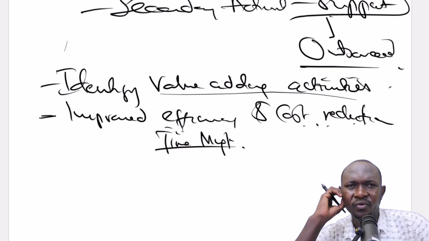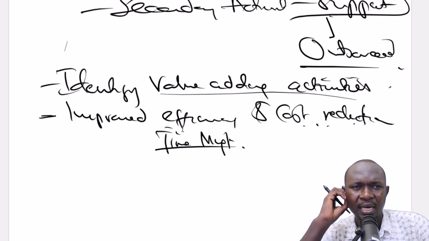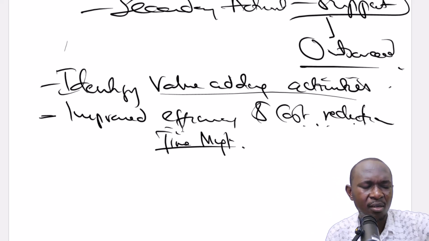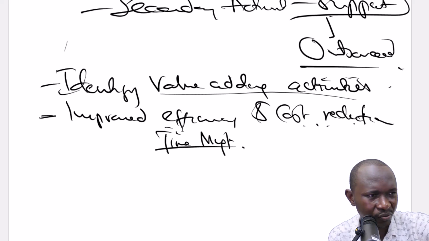If you take a carpenter who is an expert and another carpenter who is not really an expert in carpentry work, you don't expect the rate of effectiveness to be the same. One will have a lot of wastage, another will have lesser wastage. The expert is likely to have very little wastage.